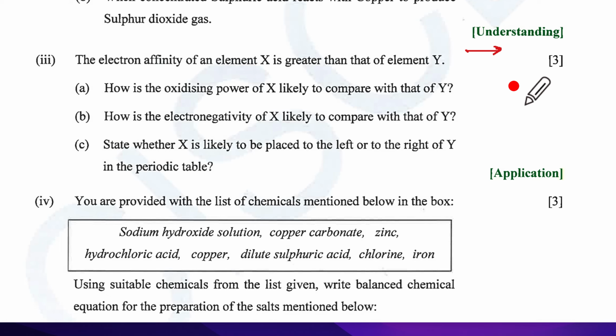So if X is having greater, X is on the right of Y. The oxidizing power of X, whatever's on the right side is an oxidizing agent, so oxidizing power of this will be more than Y. The electronegativity is more on the right of the periodic table, so this also will be more than Y. And X is likely to be placed on the left or on the right of Y. Y you have on the left side, so X is on the right side. So that finishes our